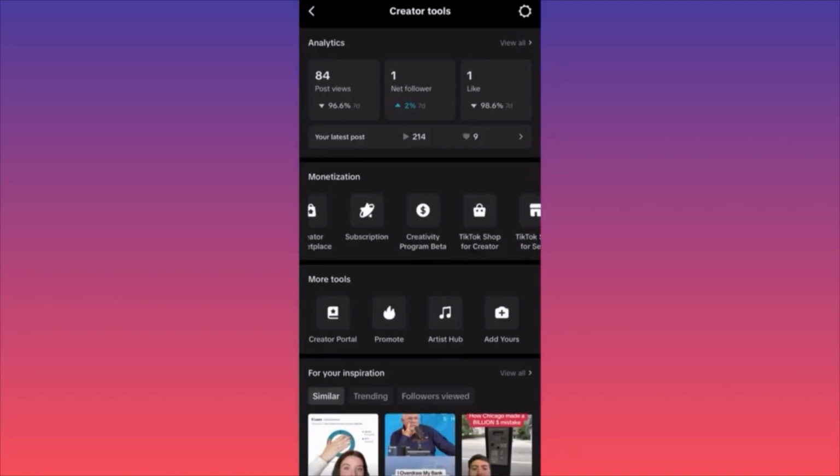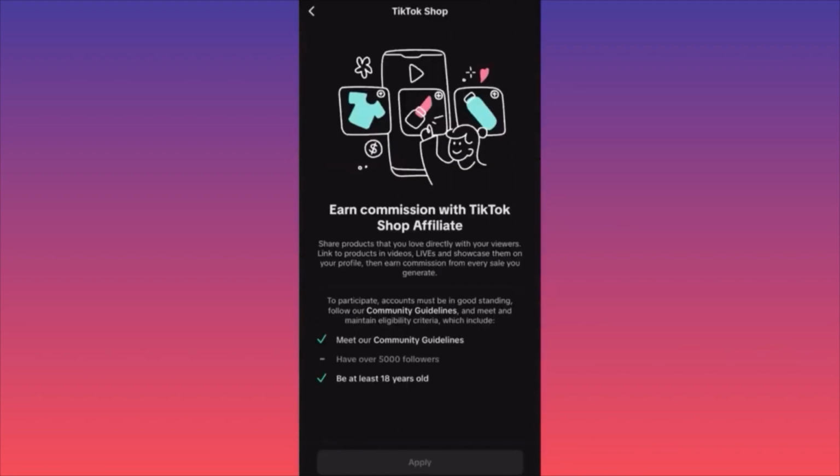There is a special menu over here, it's called monetization, and I want you to scroll through the section that is called TikTok Shop. There are two different shops, one is for creator and the other one is for seller. Essentially, the first one is if you want to make money as an affiliate. In this particular example, you can earn a commission with TikTok Shop affiliate. You can simply link products from other people's